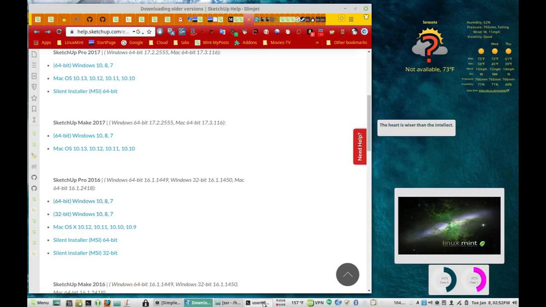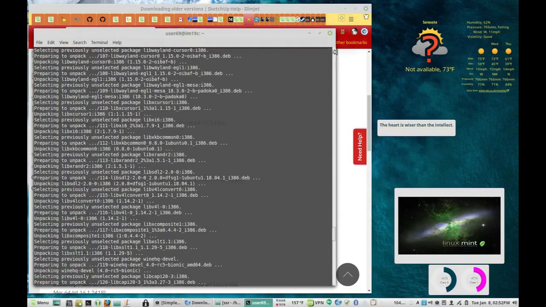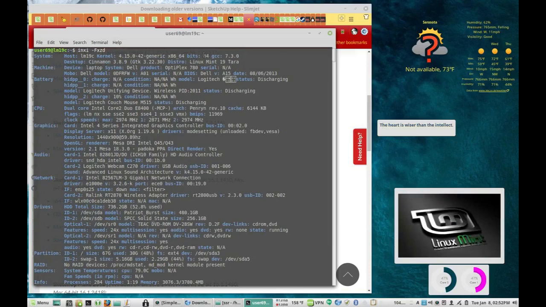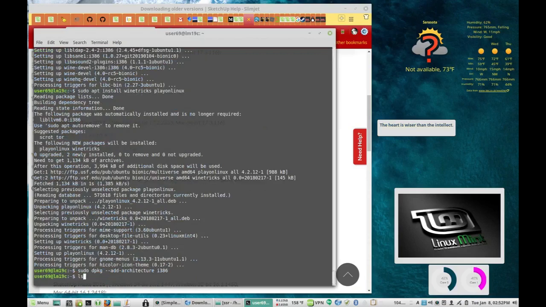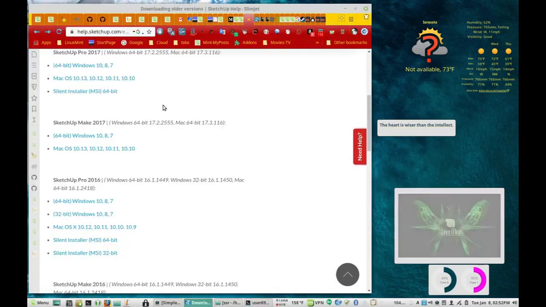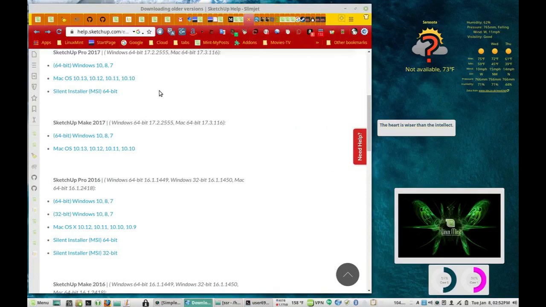Most computers, newer computers anyway, are 64-bit, and if you run inxi back before that, you'll see it'll say 64-bit. You can also tell, because underneath where it says CPU, if it shows LM, that long mode, that means it's 64-bit as well. You can also type in lscpu, and if it shows 32-bit and 64-bit, it's a 64-bit system. But as you can see, you can install Wine on 32-bit or 64-bit, and you can install 32-bit or 64-bit software. Now, SketchUp happens to provide both, but I've got a 64-bit computer, so I'm going to download their 64-bit